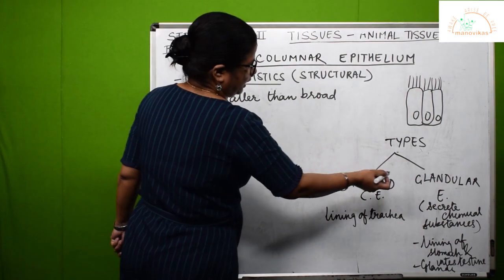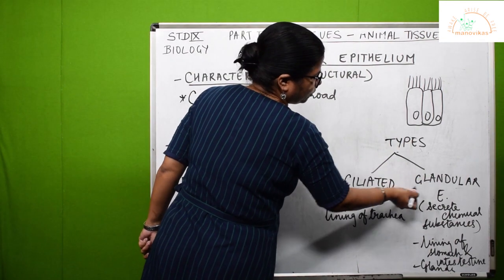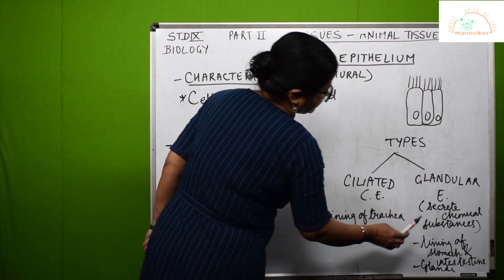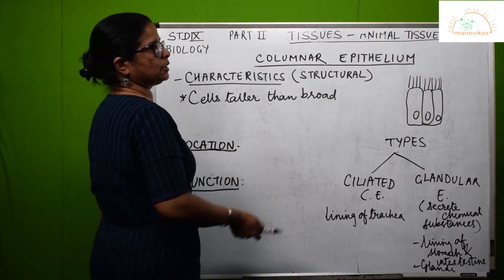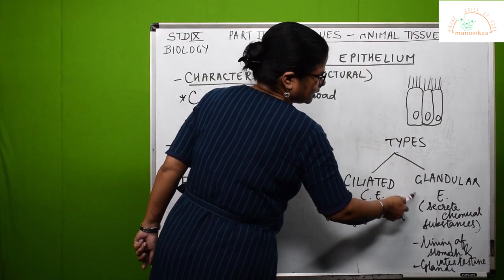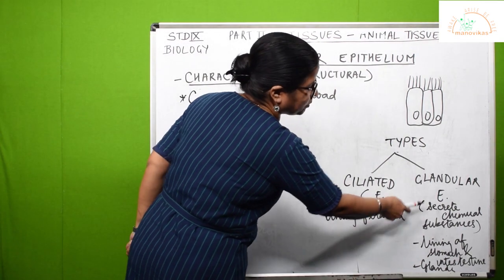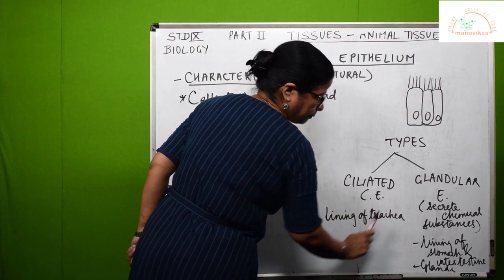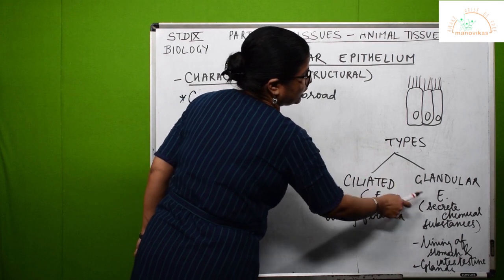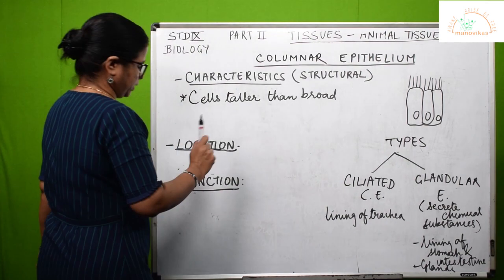Then the next kind is the glandular epithelium. Where would it be found? The word glandular, gland, means that something is being secreted. So chemical substances, such as digestive juices or some other products of the body, are being secreted here. Where could this glandular epithelium be found? Lining of the stomach. Why in the stomach? Because the stomach is secreting something. Then the intestines, again secreting digestive juices. So its location will be there. Here you can put down the location because it's two types. I have put it there.